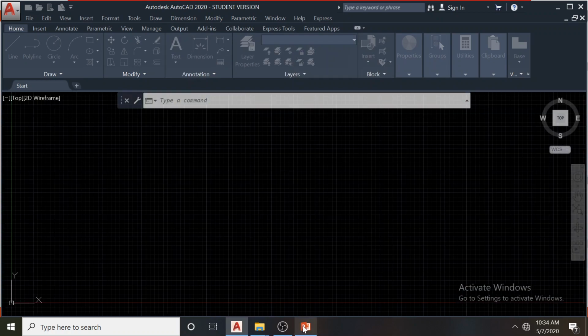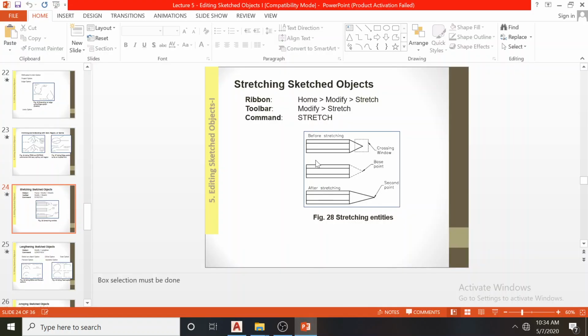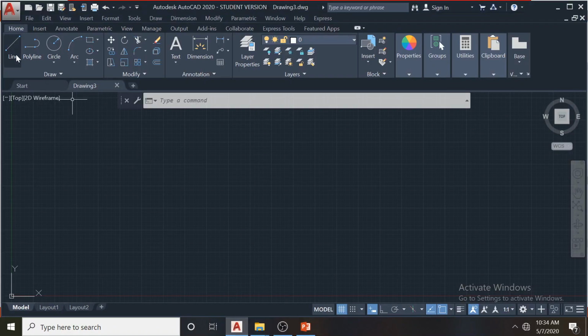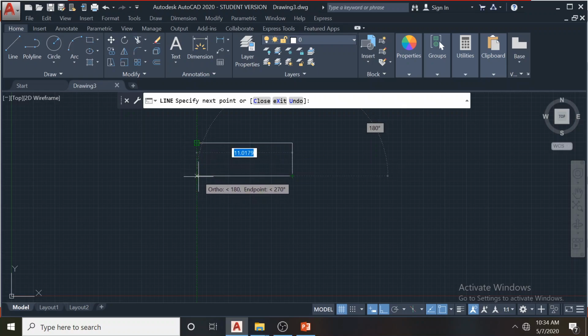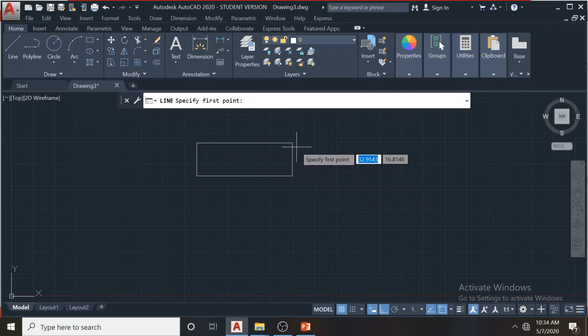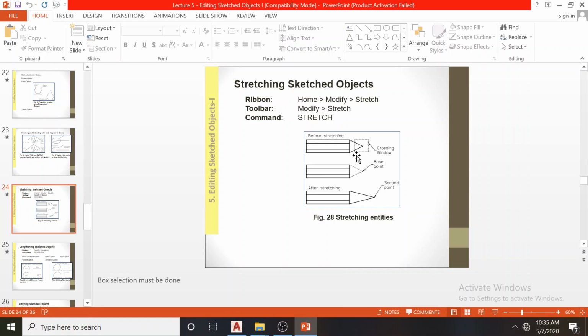So I will draw this shape. Without using the rectangle command, I will just use the line command and draw, in order to show you how to get a rectangle quickly. So we can change the 90-degree ortho mode and click. Just come here and get the reference lines and close this like this. Then we can use the line command. Now 90 degrees is still working, so remove this ortho mode. This way we can quickly draw this shape. In this diagram, they have stretched the drawing up to a certain extent.